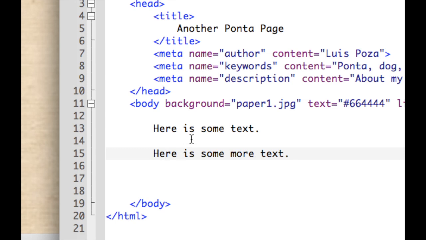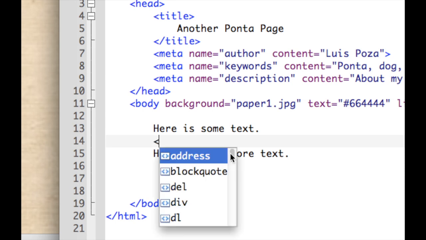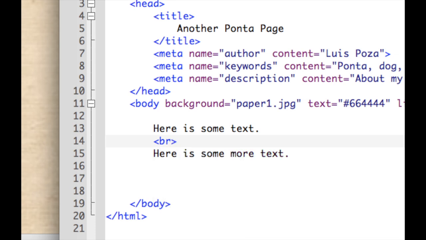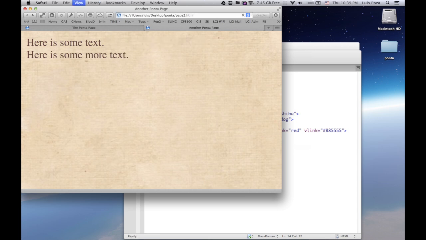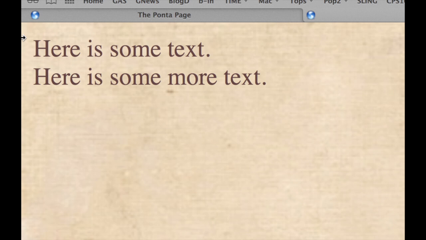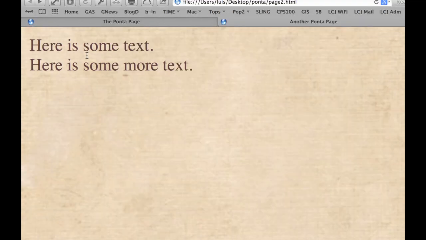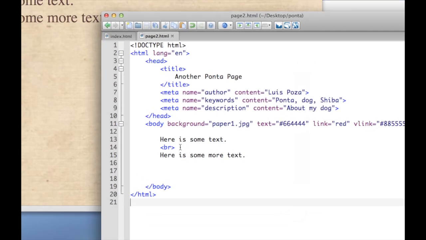So how do I separate these two into two different lines in the actual web page? Well, one thing that I can do is I can use the BR tag. The BR tag, as you recall, is not a block element, but it does break text into different lines. It's BR for break or line break. So if I type BR and then I refresh the web page, you'll notice that now these two pieces of text are on different lines. I'm going to take away the BR